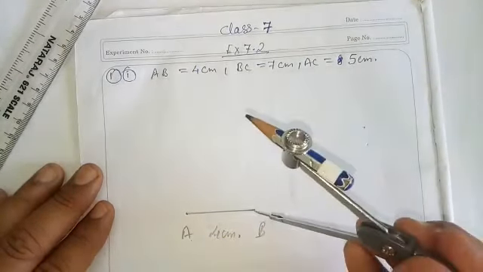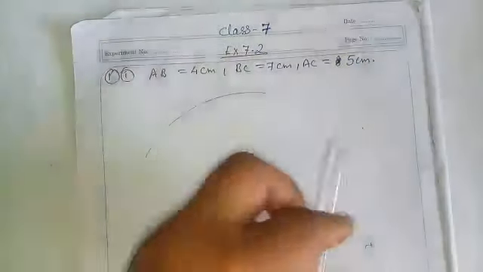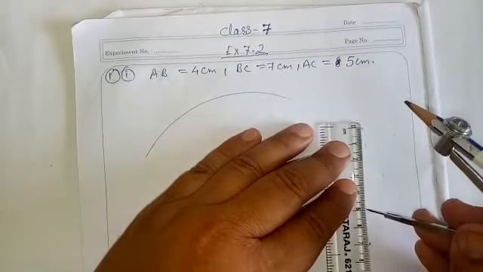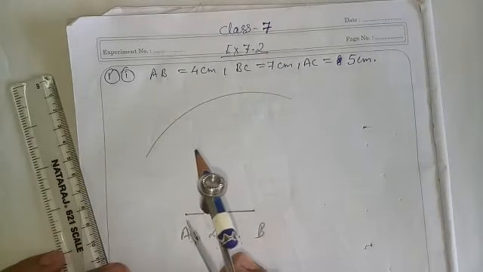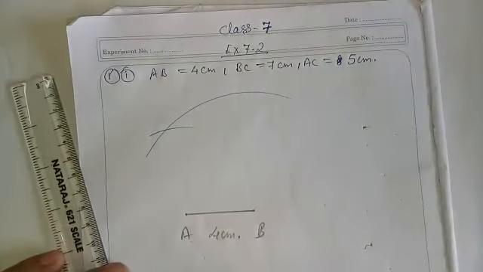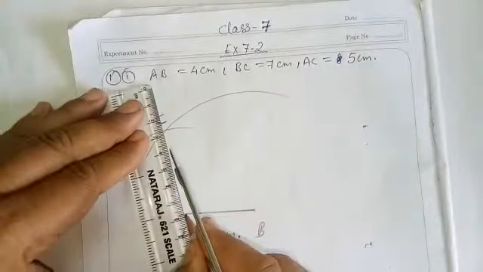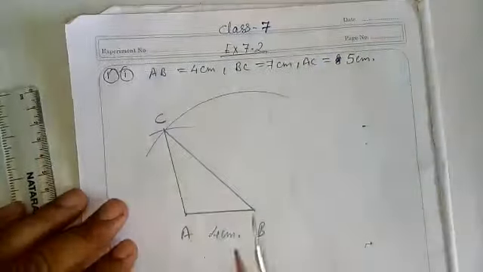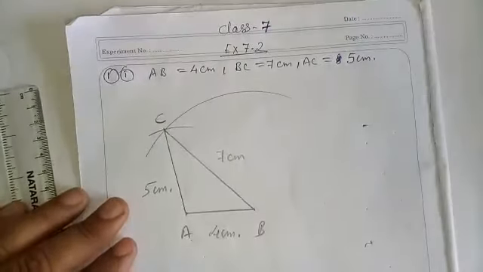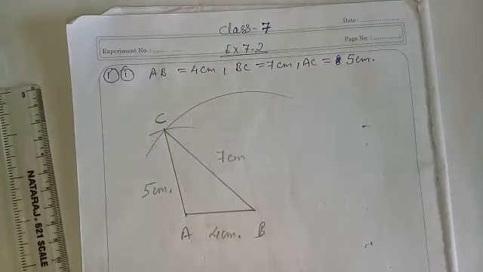On your copy what is there? AB. That means at B you put the rounder tip, cut an arc. Then AC 5. You measure 5 cm in the rough, that is AC. What is there in your copy? A or C? A. Then put the rounder at A, cut again on the previous arc. Where it will intersect, name it C. Now join CA and CB. Now you write the value. BC how much? 7 cm. AC 5 cm. This is the triangle that we got.